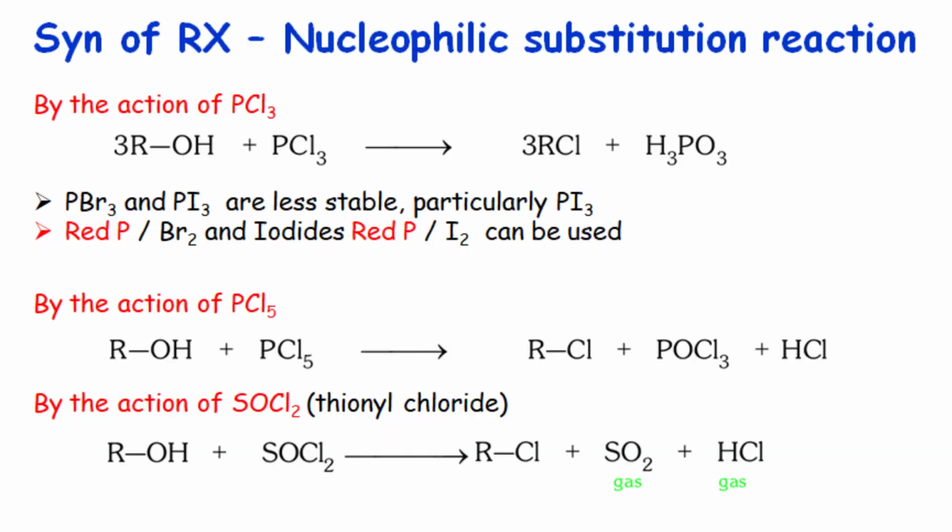So now we just saw that alcohols can be converted into alkyl halides using Lucas reagent. The next synthesis is also pretty similar. It's also a nucleophilic substitution reaction. You can use alcohols with corresponding chlorinating agents like PCl3 or PCl5 or SOCl2. Now when you see PCl3 and PCl5, it is much simpler. It's a chlorinating agent and the corresponding products you want to remember.